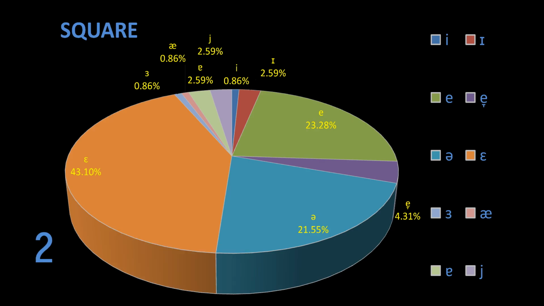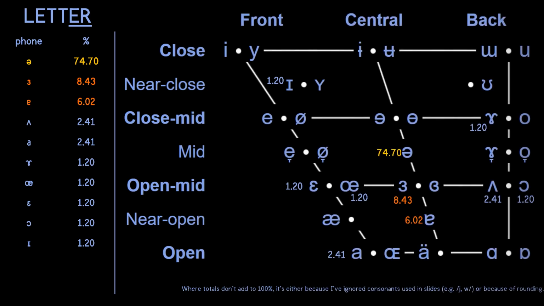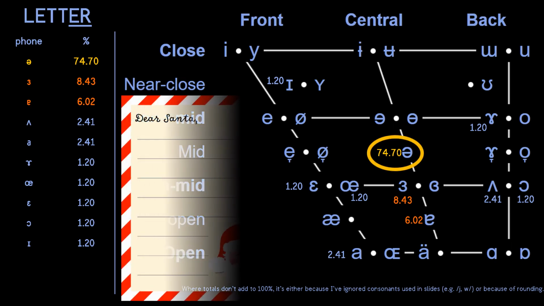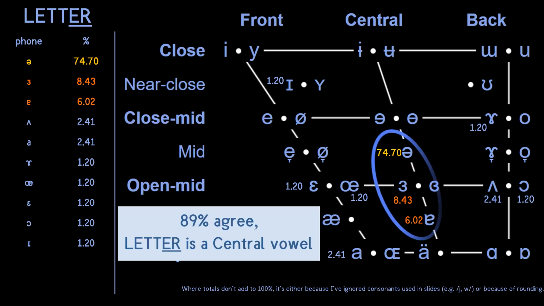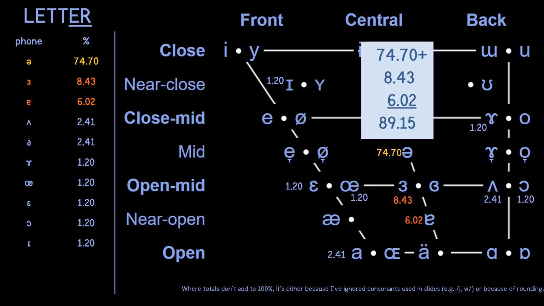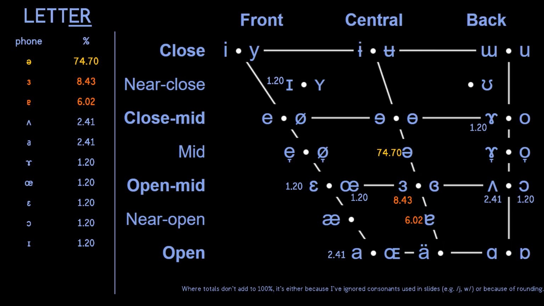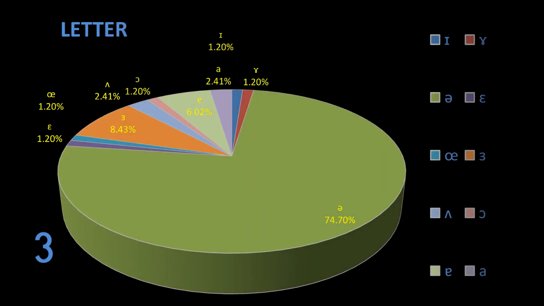The final vowel in letter is the best example of a rhoticized comma vowel, although in my accent, letter tends to merge into comma. At the start of words such as array, it is typically distinguishable from the similar nurse vowel in urgent. Pause the video if you want to examine the misapproximations on screen, otherwise, here's the pie chart.